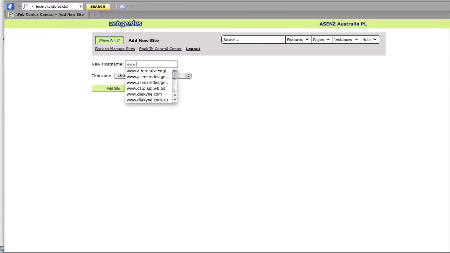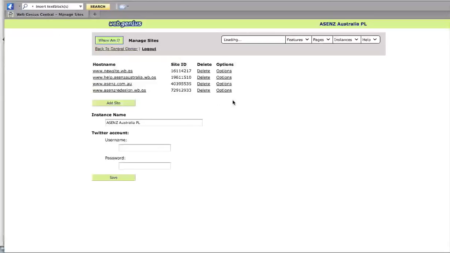the name of your new site. In this case I'll just enter new site, and then the following characters, which is .wb.gs, which is like WebGenius, and this creates our test URL. So we add the site, and it now appears in our list of available sites within this instance. We can save,